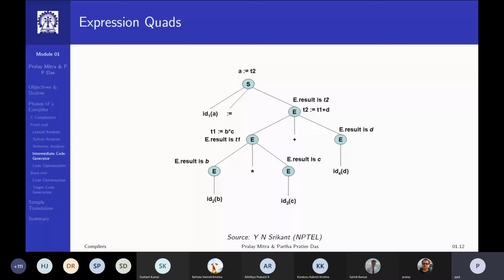So what you do is think of having a temporary variable. So you say this E, representing E multiplication E, or representing B multiplication C, will keep the multiplication result in a temporary location T1. And this temporary location you are creating for the purpose of translation. So the value of this multiplication node is T1. And if I write the code, T1 assigned B star C, then I'll be able to evaluate that and get the value of this node.